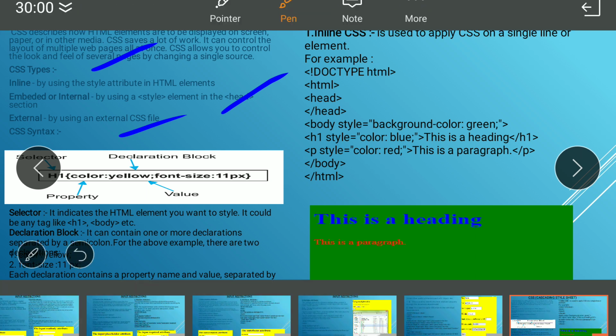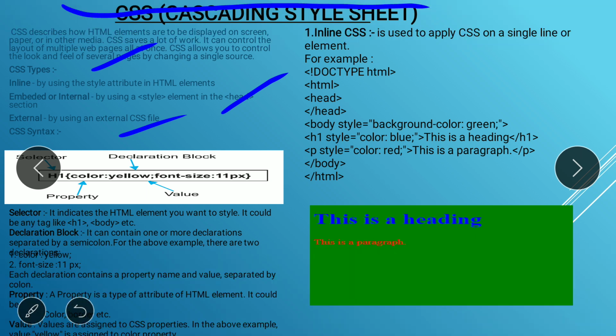Okay, so this is the syntax, the main syntax, where you can see h1 is the tag where I have to set the style. In h1 you have to mention the color yellow, right, and font size of that h1 is 11px, means 11 pixel.